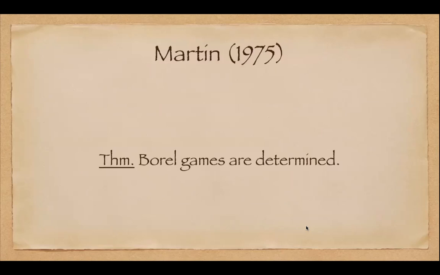Okay. So now this is the main theorem. The main theorem says that all Borel games are determined. So if the winning set is a Borel set, as you can see, this is a generalization of all the examples that I've shown you before. So when the winning set is a Borel set, then the game is determined. And in the examples that I showed you, the winning set was either open or closed or clopen, or some variations of that kind of sets. So this is going to be the theorem that we're going to prove today.